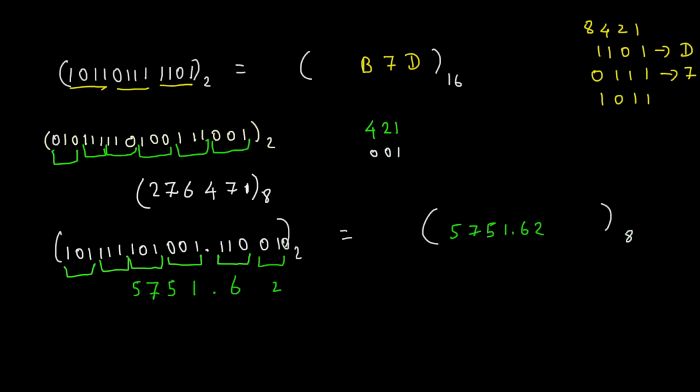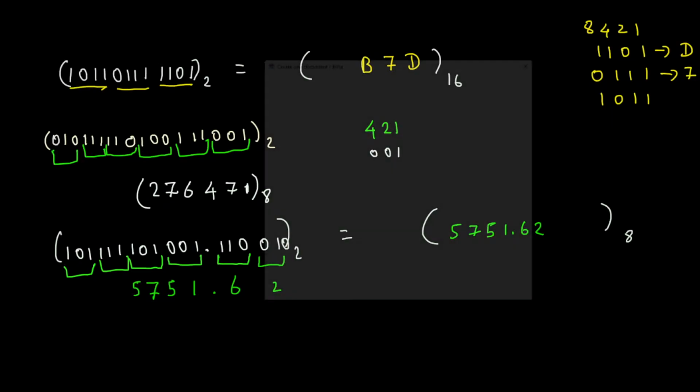Now let's look at another example. Let's say we have a number given like this. We have a hexadecimal number given by AF3.E4C, this is base 16, and we want to convert this one into base 8. The shortcut method is basically you convert this one first into binary, then convert into base 8. So if you convert this one into binary, again using the 8 4 2 1 method